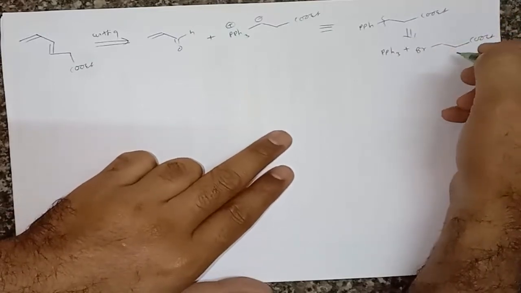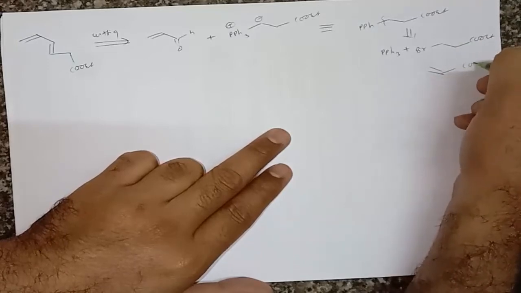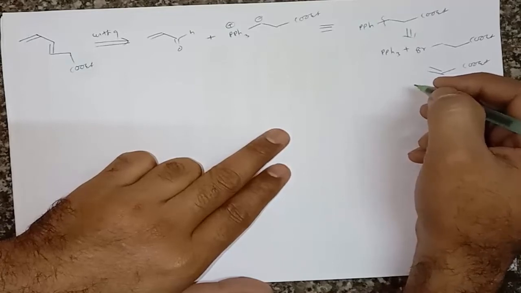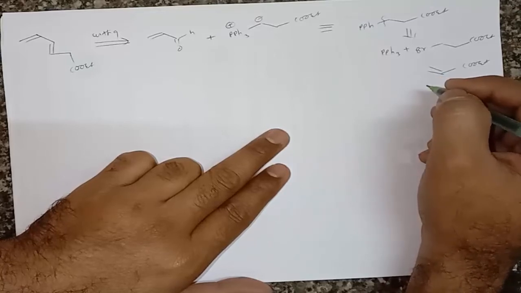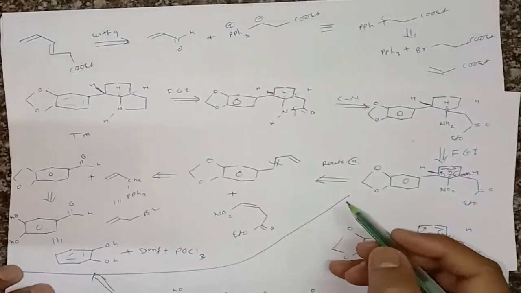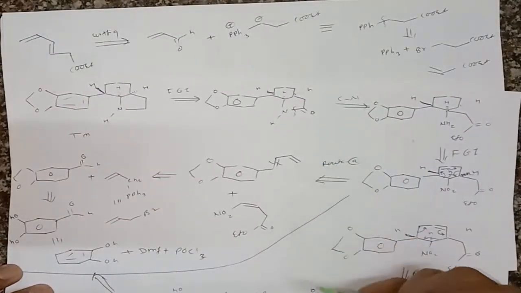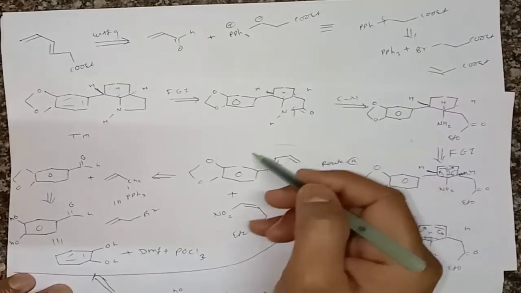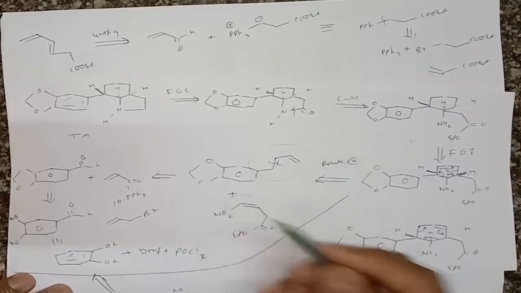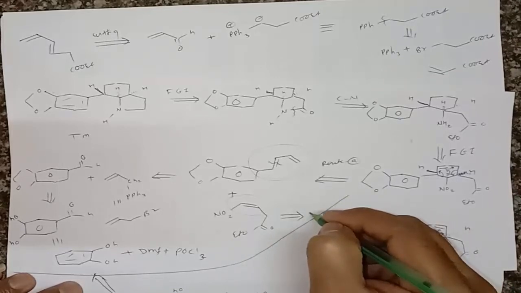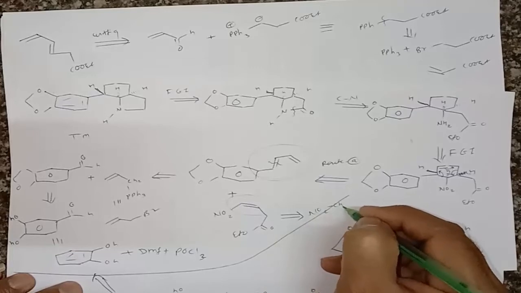Or instead of this we can take this molecule, that is COOEt. You know that a trans olefin is easy to synthesize than a cis olefin. So if we see the two routes here, in this molecule there is a double bond which is cis, and again here is a double bond which is cis, right? This molecule we can also prepare by using NO2 then CH2 PPh3.